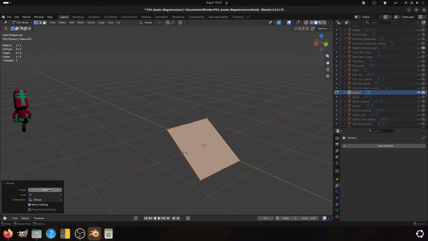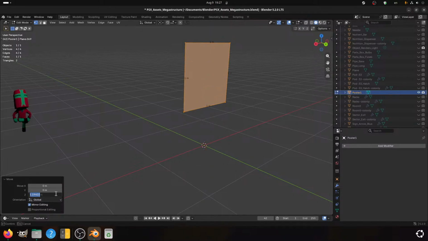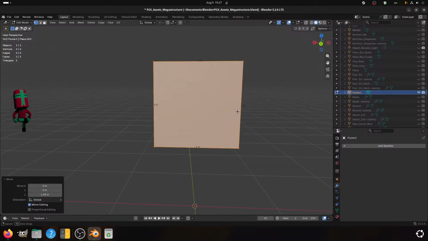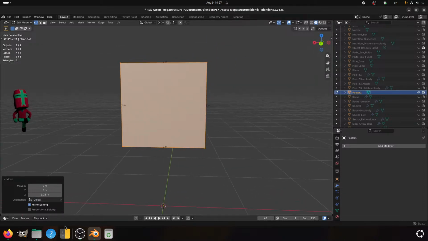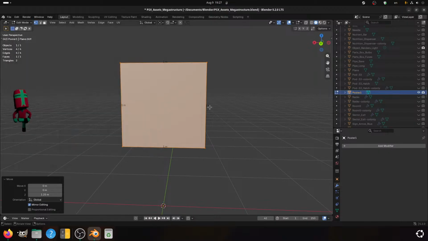I can tilt you forward, raise you up, and now you should be. So if I could please, 1.66.